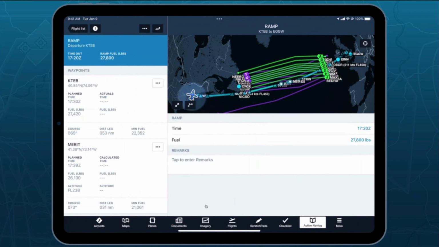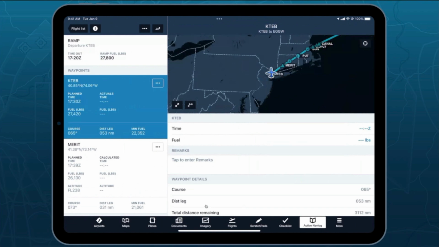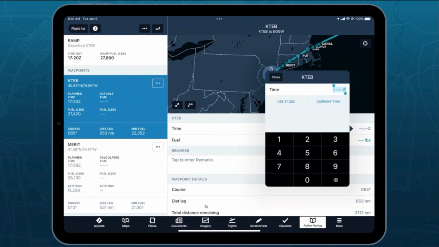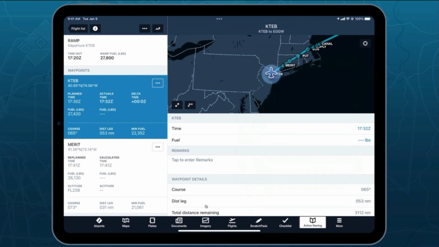And I will move right into the next waypoint below that, which is Teterboro. So our ramp time is our out time. And of course, the airport waypoint is going to be our off time. What we do here is very similar to what we did in ramp, but we're going to add our departure time here. So we'll say that we departed at 1732, and we had a takeoff fuel of